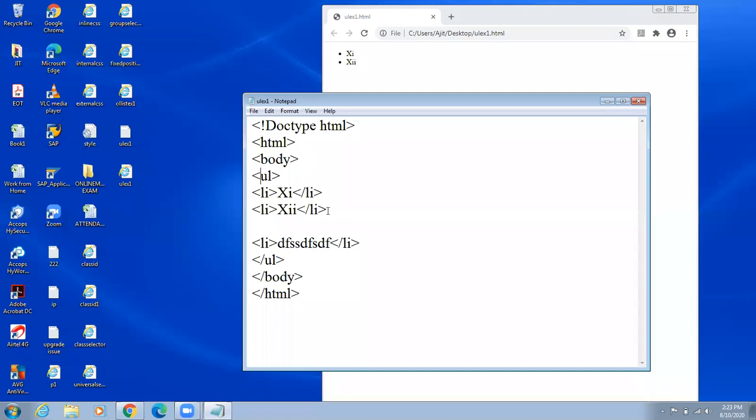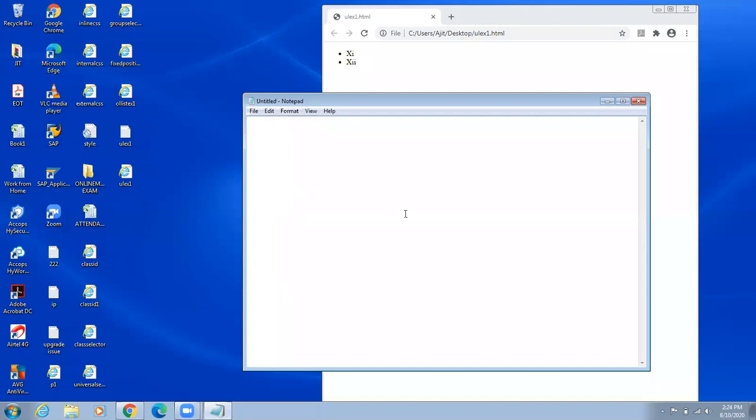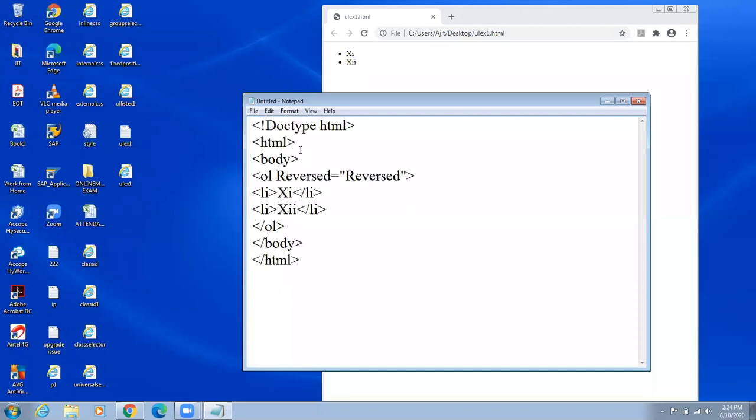Got it? Now we will see the next type of list, which is definition list. Okay, so for definition list we will use the DL tag.